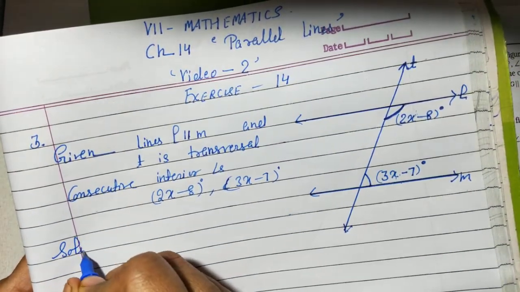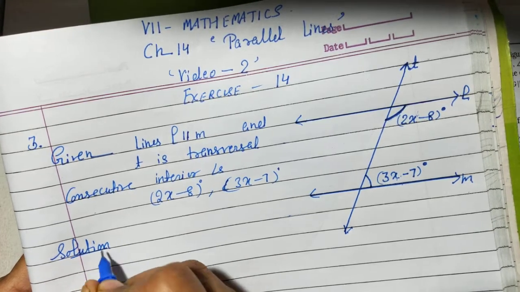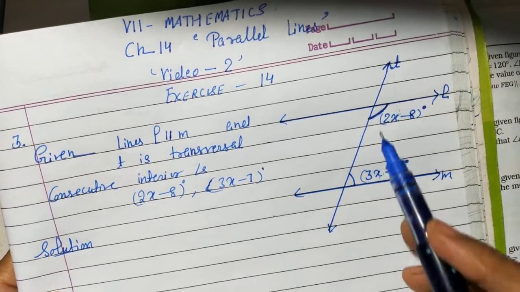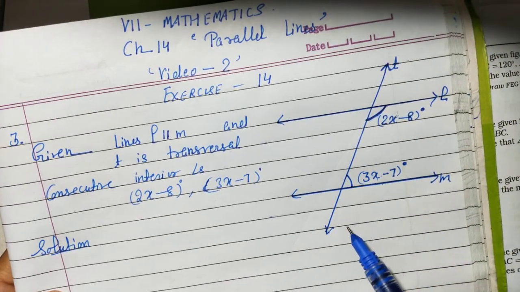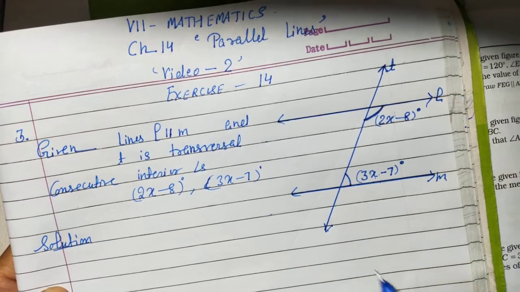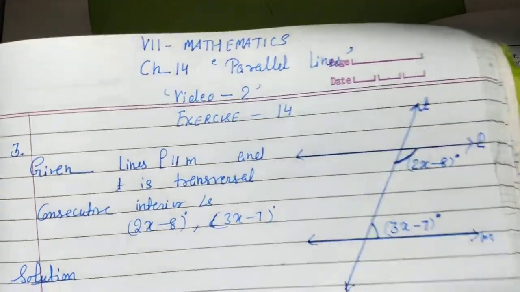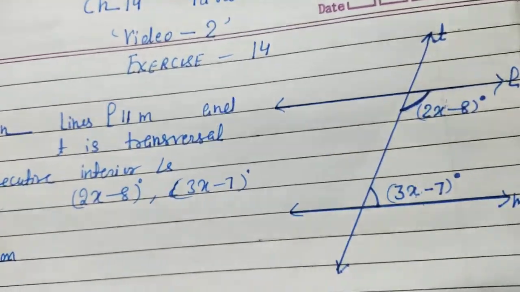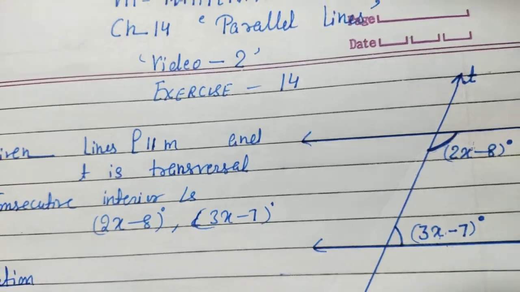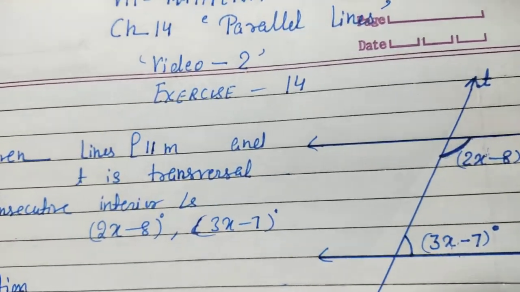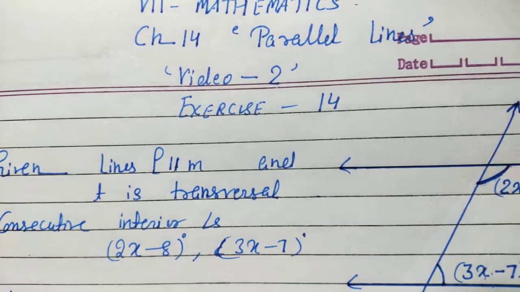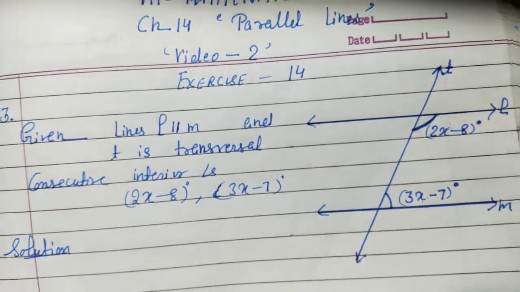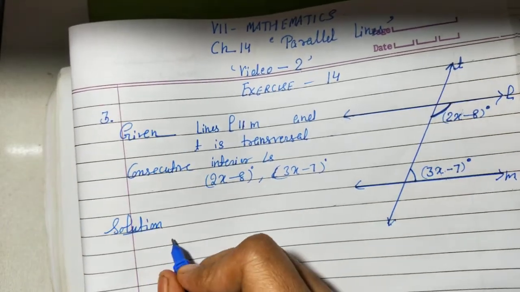Now, solution. If you want to label, then you can write angle A is this one, angle B is this one, then angle A plus angle B is 180. Now the sum of these angles will be 180 because they are consecutive interior angles, and we know that consecutive interior angles are supplementary, or you can say the sum of consecutive interior angles is 180 degrees. Getting, class? Either write the reason like this: we know that the sum of consecutive interior angles is 180 degrees. Let us write.